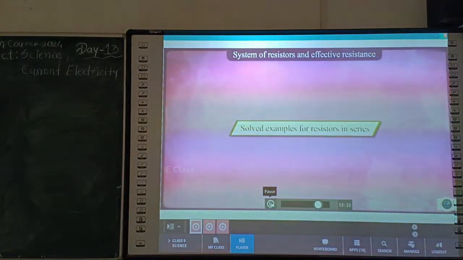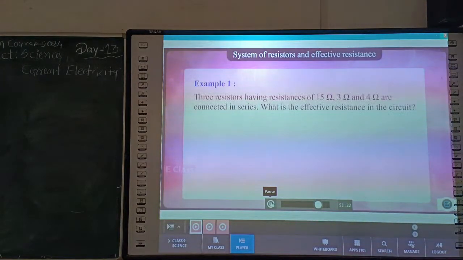Solve examples for resistors in series. Example 1. Three resistors having resistances of 15 ohm, 3 ohm and 4 ohm are connected in series. What is the effective resistance in the circuit? Effective resistance in the series is Rs is equal to R1 plus R2 plus R3. Given R1 is equal to 15 ohm, R2 is equal to 3 ohm,